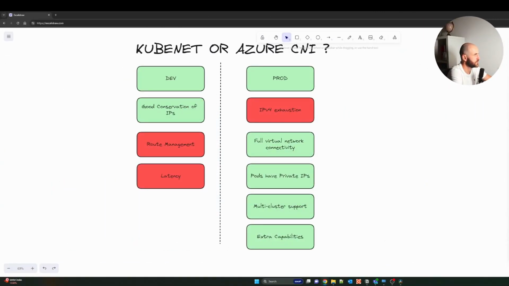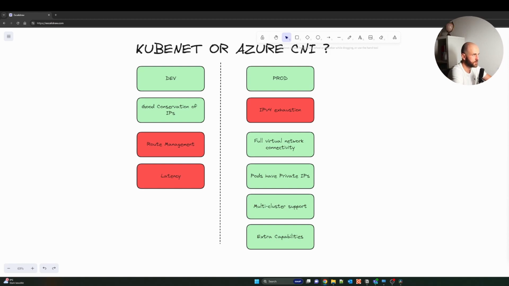I would say it depends on your environment to begin with. For KubeNet, I would say that it's well suited for development and testing, and Azure CNI more for production environments. Indeed, we have seen that KubeNet is designed with the conservation of IP address space in mind, and Azure CNI provides pods with complete network connectivity, but requires more IP address space and planning. Just to give you a quick example, with a simple /24 IP address range, with KubeNet you will be able to have like 251 nodes, and with Azure CNI, the same basic /24 subnet range could only support a maximum of 8 nodes in the cluster.